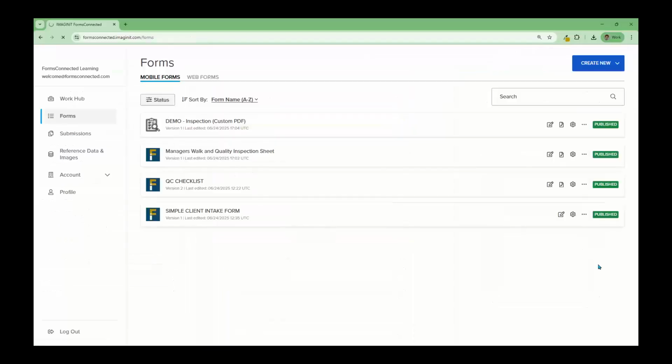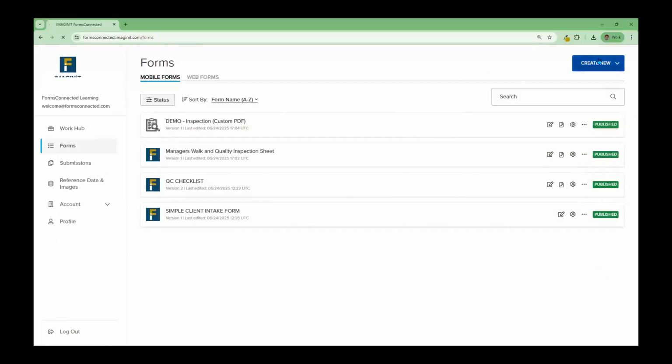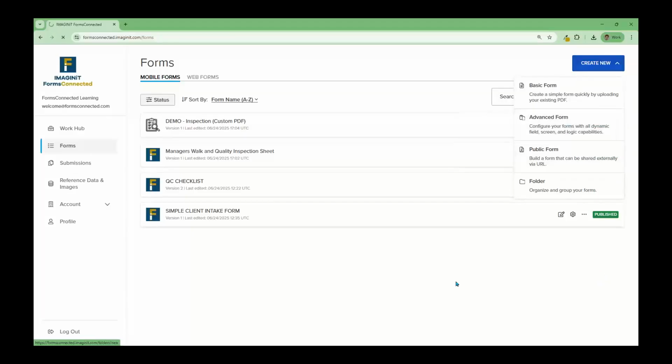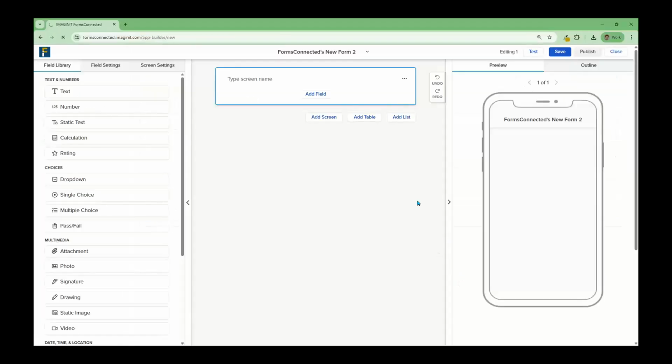We're going to start afresh by looking at the builder very quickly. Clicking on Create New and going into Advanced Form over here. I do want to show you how drag and drop this really is. And there's also some cool automation settings within FormsConnected that can make our lives easier. Let's take, for example,